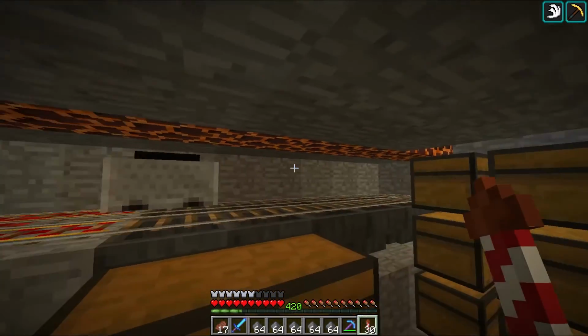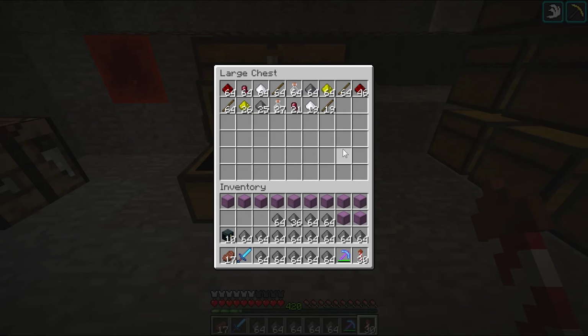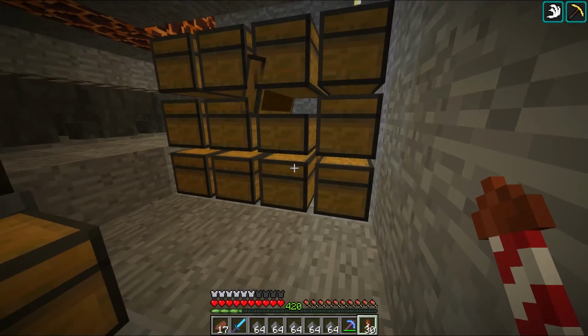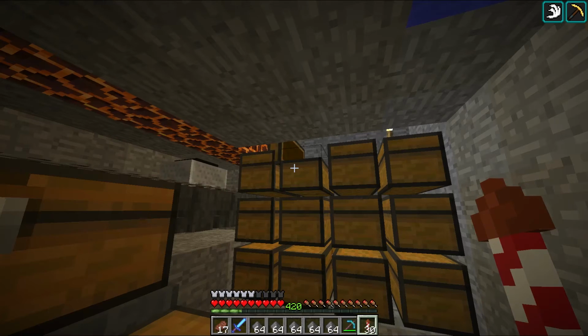So if you recognize this place, this is the item receiving station for the witch farm. This is all the items that we get out of the witch farm. I do need to get an item sorting system on here because I ended up having to sort items manually and put them in a bunch of different chests over here, and it gets rather cluttered rather quickly